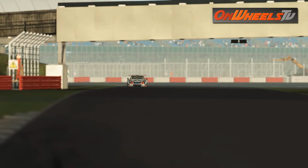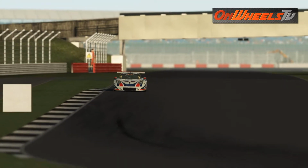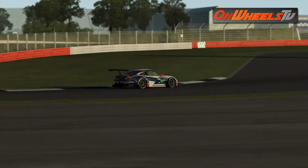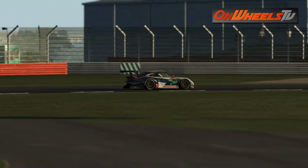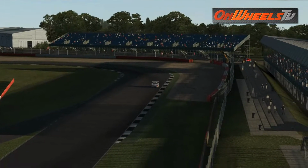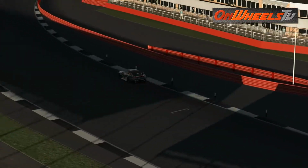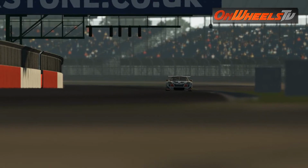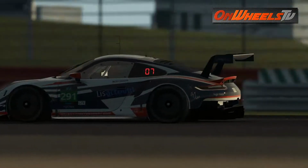We were practicing in our team's car, Atlantic Motorsport, might as well say the name, while we found ourselves in this amazing scenario, which is in this specific day, Silverstone, by the end of the afternoon, sorry. So this brought me the idea of bringing another of those videos from OnWheelsTV where we talk about the qualities of rFactor 2, because once you are in this scenario and you look at the quality of the graphics provided currently by the sim,